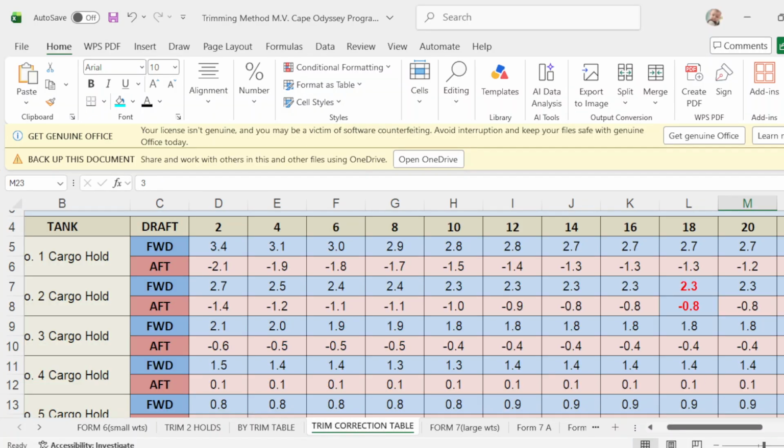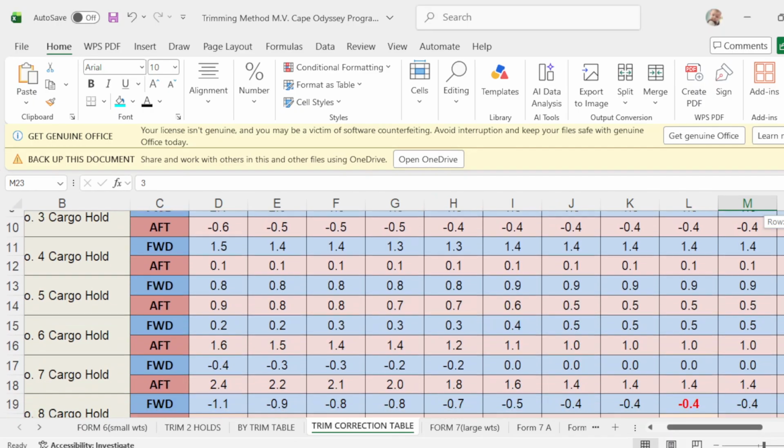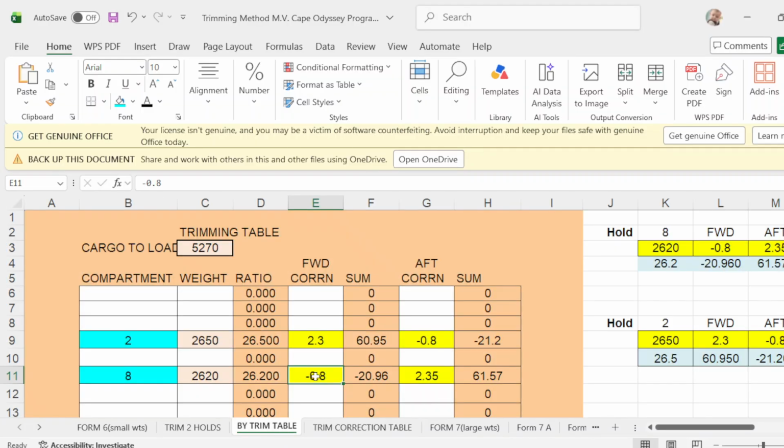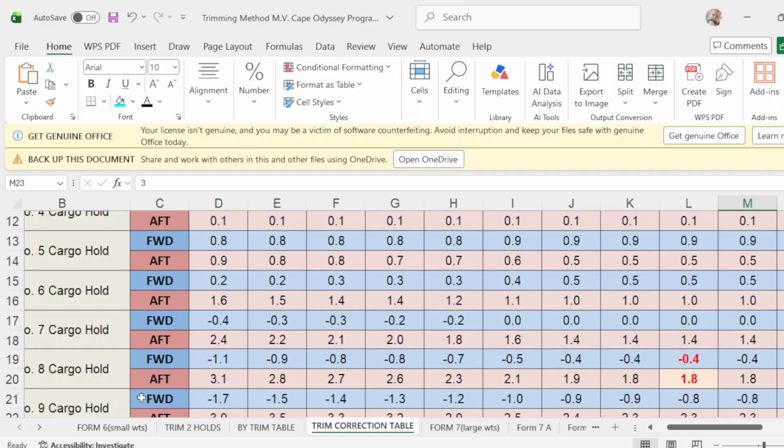And the forward correction of hold number 8, scroll down. Number 8, forward correction is negative 0.4. Negative 0.4. And up correction for hold number 8 is 1.8.